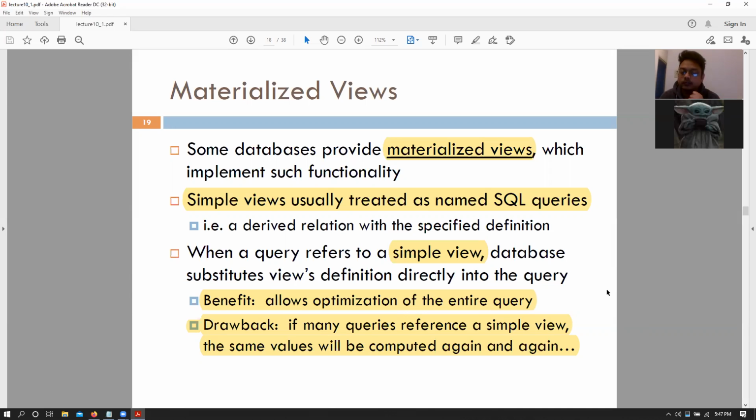However, the drawback is that if your query is evaluating a large number of rows that goes through the database, then it might be time consuming, right? If we had to compute that particular view again and again, it would be better to have a record of the